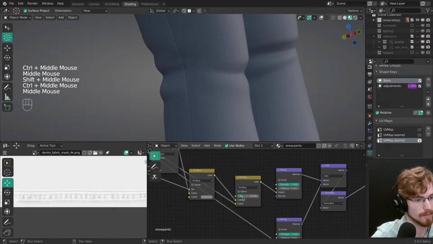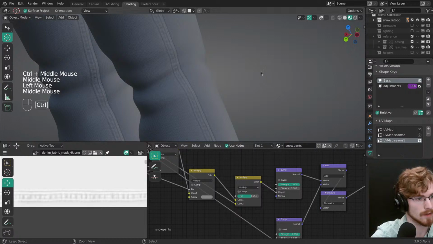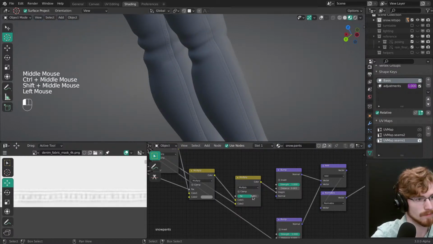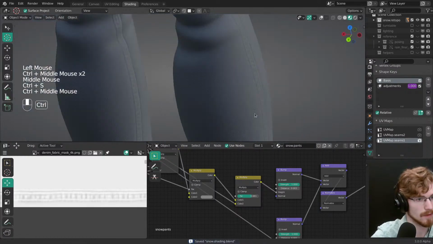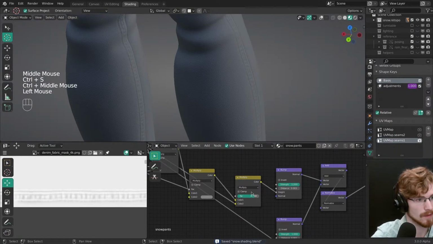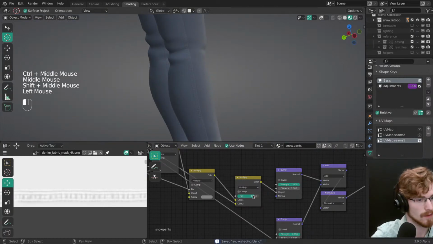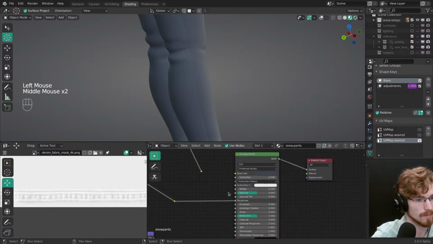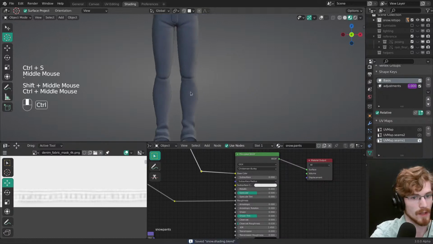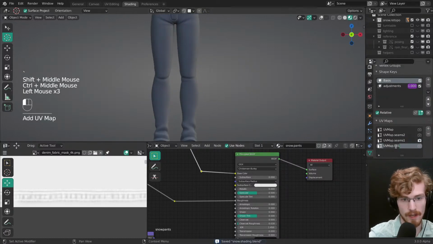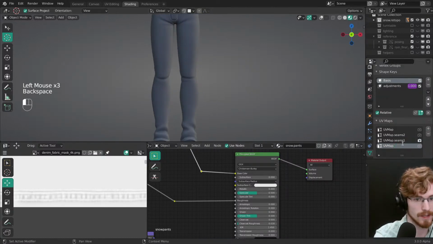Kinda weak. This is better. Yes. Can plug the color back in. Nice. Okay, but I'm gonna make it my own UV map for that, and it's gonna be